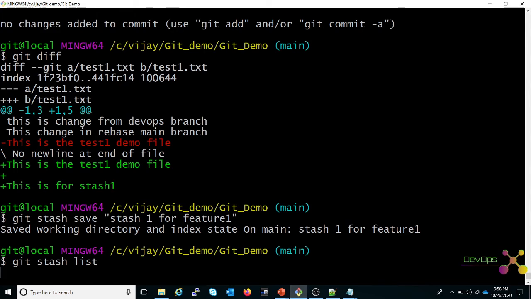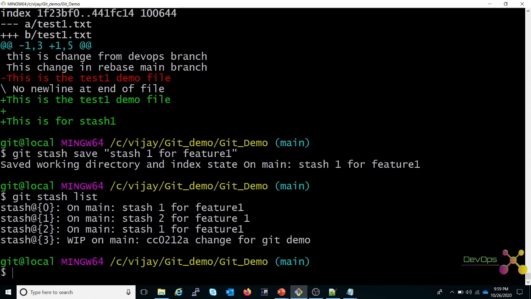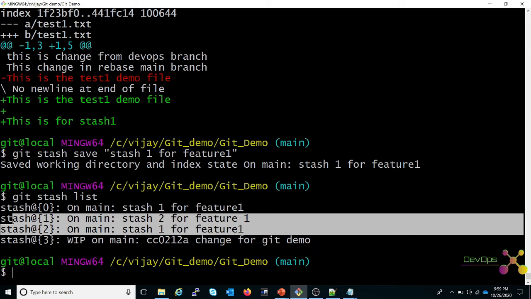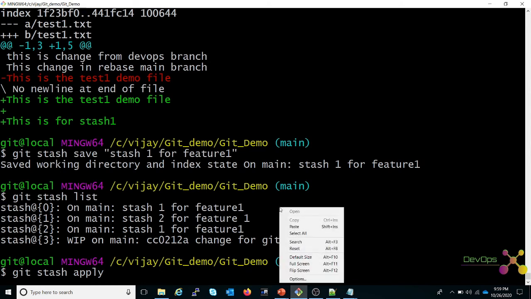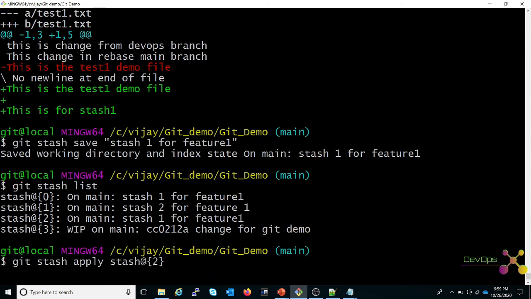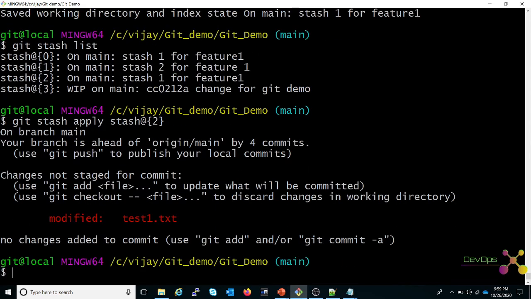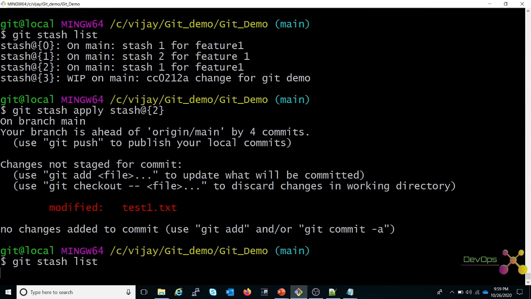Git stash list. You can see 3 stashes, right? Git stash apply stash 2. You can see that still, in the git stash list, that entry is still there.